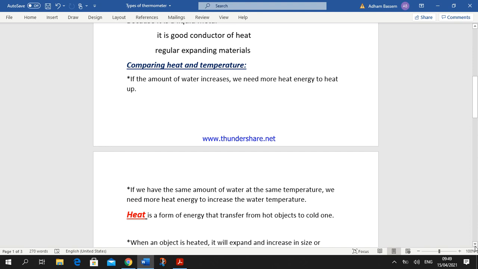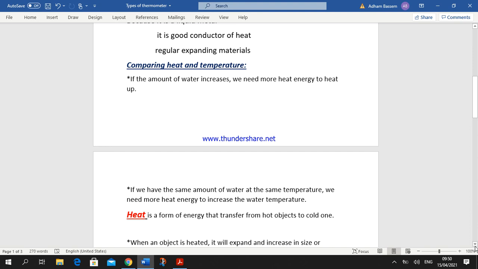If you have a glass C and a glass D, both of them have the same amount of water but at different temperatures, where glass C is at 50 degrees Celsius and glass D is at 100 degrees Celsius. If we have the same amount of water at the same temperature, we need more heat energy to increase the water temperature of any one of them. So, from the previous examples,